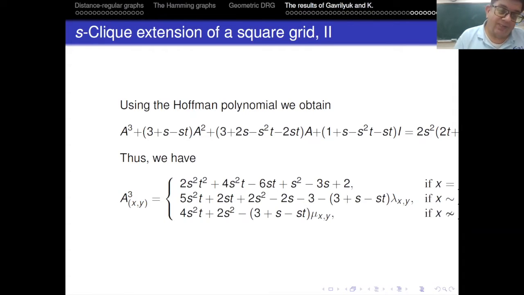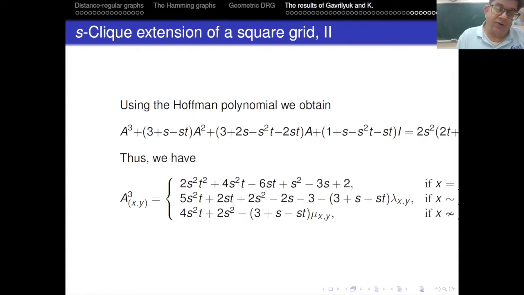It means that if you look at A to the power 3, the xy entry, you get the first expression if x is equal to y, the second expression if x and y are adjacent, and the third expression where mu xy is the number of common neighbors of two vertices at distance 2, and lambda xy is the number of common neighbors of x and y if they are adjacent. So you get these three expressions,